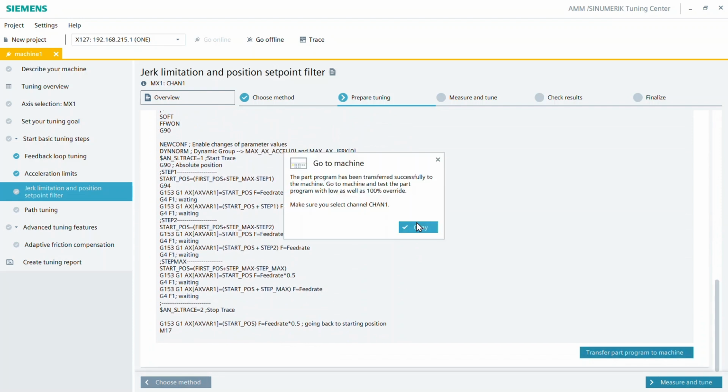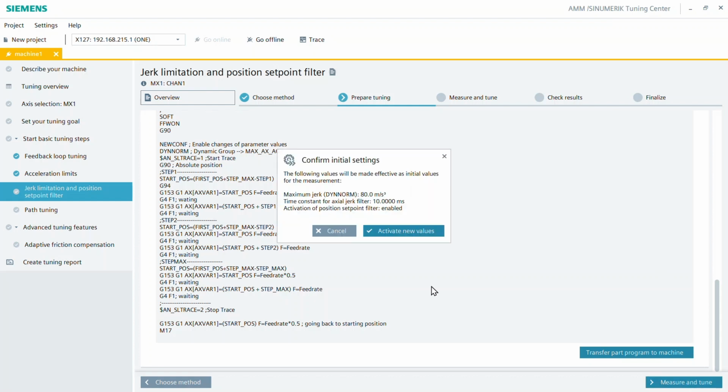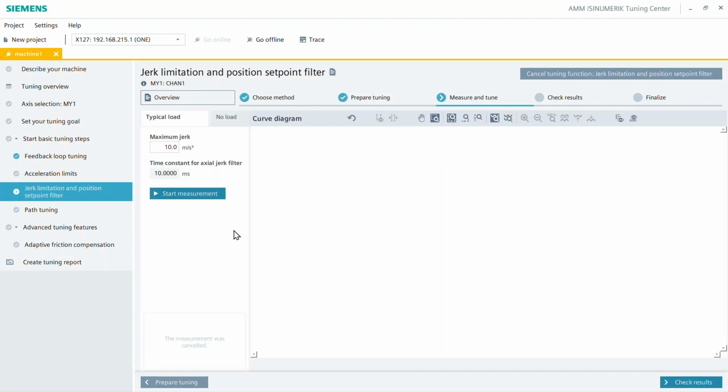After you've checked and transferred the part program to the machine, click the Measure and Tune button at the bottom right. As you already know from acceleration limits tuning, we'll ask you to confirm the initial values for the measurement and activate them on the machine. On the Measure and Tune page, you can see the starting values again. Click Start Measurement.